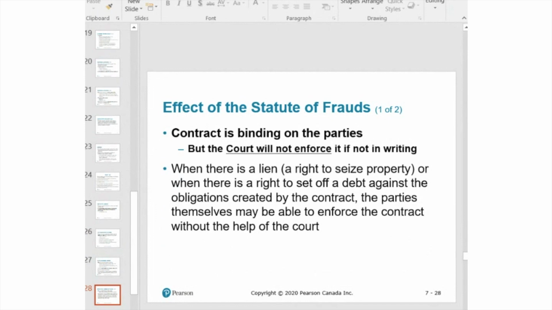So again, my example, I am buying your house. If we have no written piece and there are any issues in our contractual relationship, I cannot sue you or you cannot sue me. Why? Because the courts will not enforce a contract that should be in writing, that should have a written piece. So that is the consequence of a contract that should be in writing and is not. It is only about enforceability. It is not related to validity. Okay? Keep that in mind. That is important.